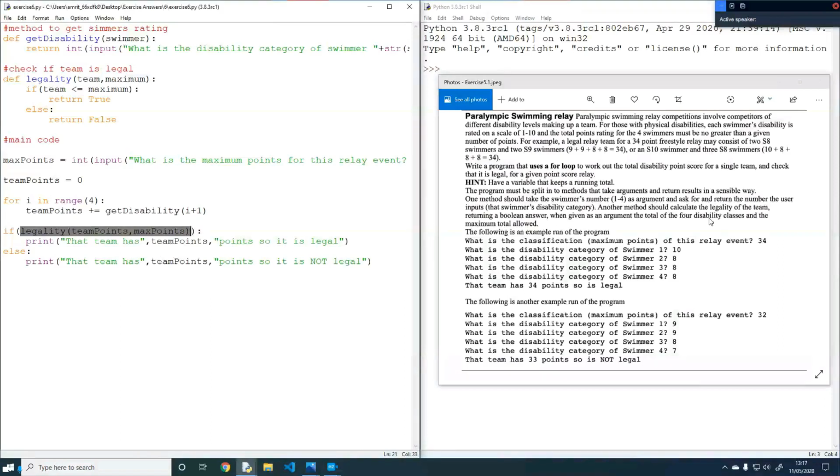The entire idea of this was, since legality, or whatever you decided to name your method, returns a Boolean value, either true or false, depending if team is less than or equal to the maximum. Also note that the variable names here are different. That is 100% allowed. A lot of people new to programming will always try to keep the same names, which is perfectly fine, but do note that it being different names is perfectly fine. Now, that being said, where was I? Yeah, so since legality does return a Boolean value, within an if statement,